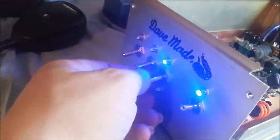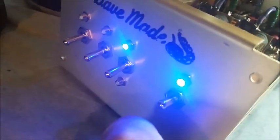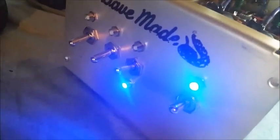All right, let me explain your high and low, okay? The LED at the top is indicating you're on high. The LED at the bottom is indicating you're on low. Another way to look at it is when you turn the switch down, the padding is turned off. When you turn the switch up, the padding is turned on. So you're low, okay? That's what that little white relay there is for, just for the LEDs